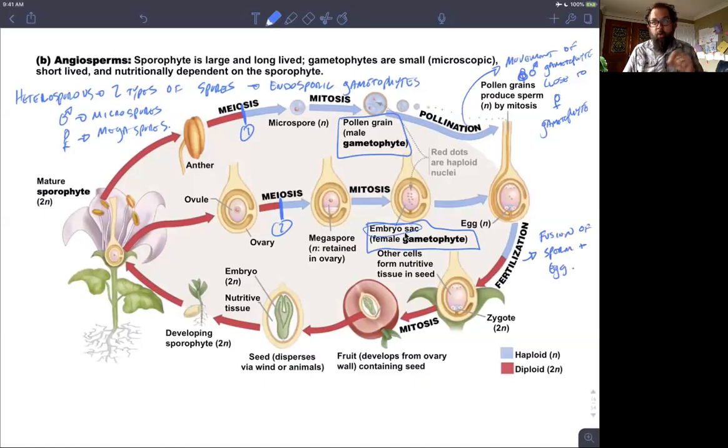Pollination does not always result in fertilization. Successful pollination will result in fertilization, but it doesn't always result in fertilization. So there is a distinction between the movement of the male gametophyte to the vicinity of the female gametophyte, or pollination, and the process of fertilization, transitioning between the gametophyte and sporophyte generations